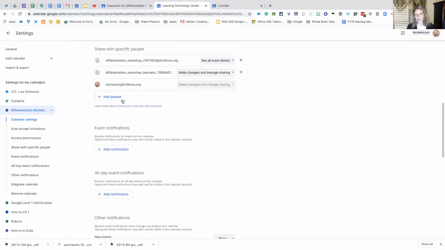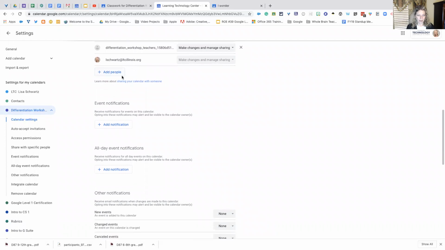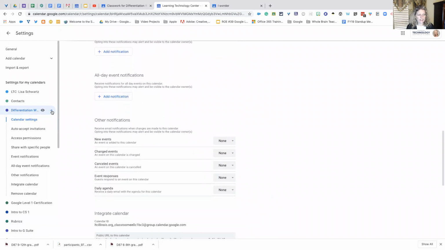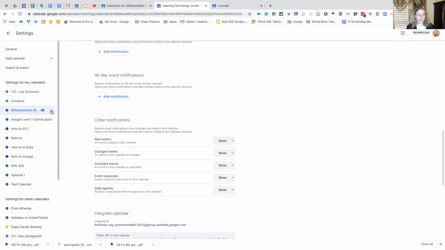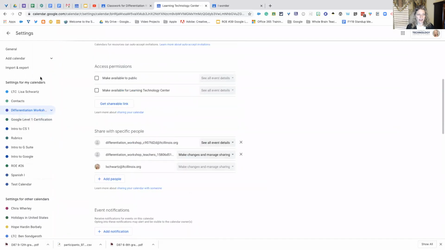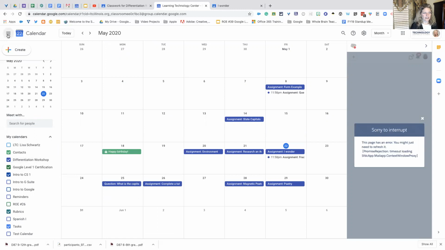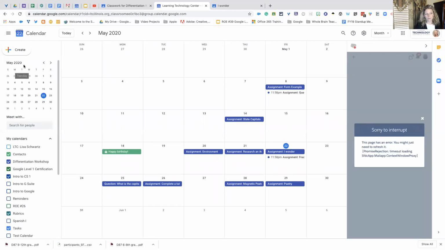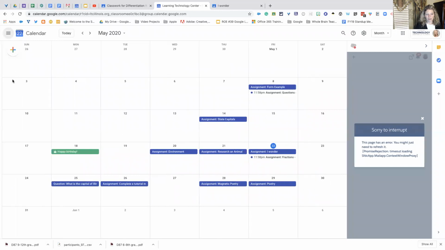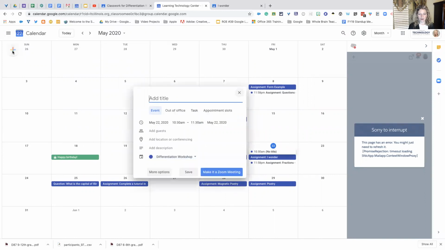And you can even add other people here to your calendar within your District 87 domain. So again, where did I go to all of this? It was the 3 dots under the calendar. It gave me settings. So again, anytime you see those 3 dots, look at, I've got the 3 lines up here. The 3 lines just opens up that menu right there. Do I have to have that menu open? I don't. I can just create something from here and go from there,